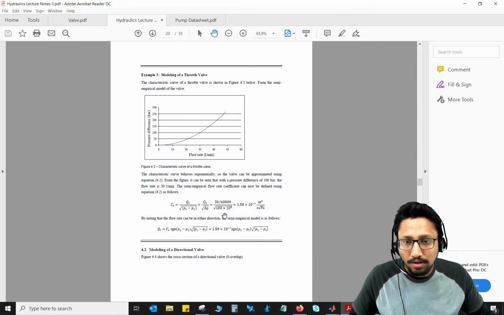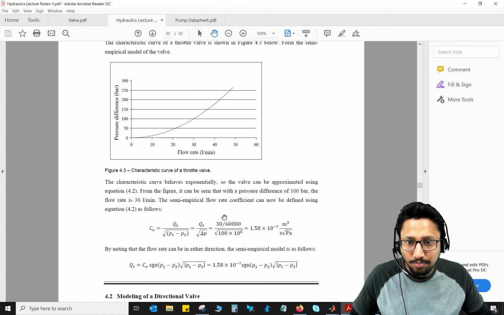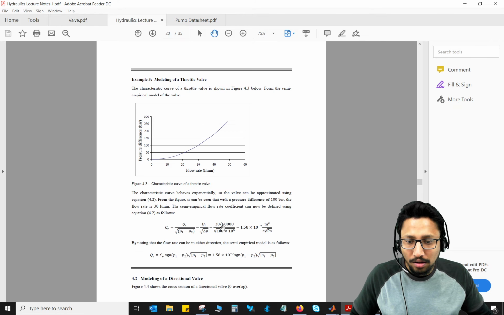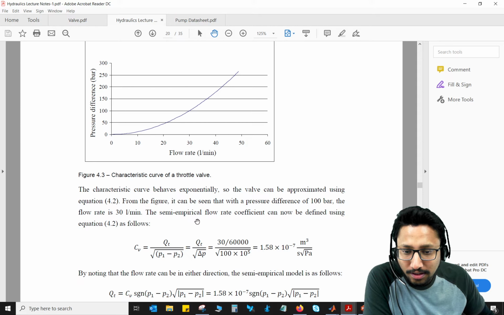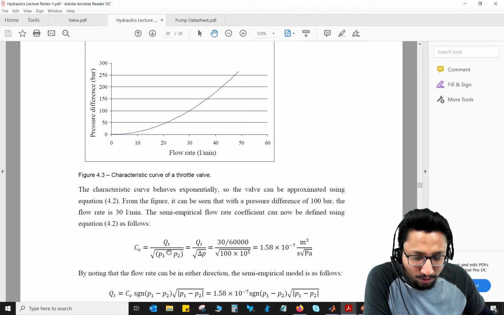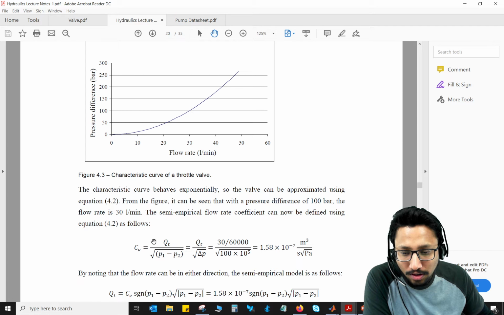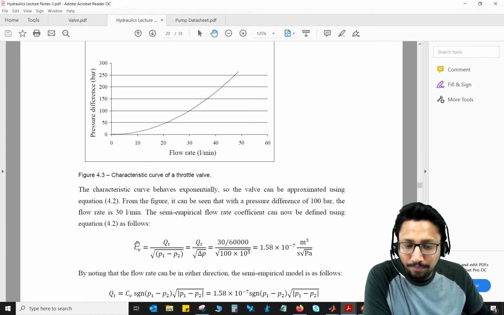If you see carefully in this particular example, they have calculated the semi-empirical flow rate coefficient. From your equation, they have not considered u. So avoid u for the moment, and based on the nominal flow rate and the associated pressure difference, you can calculate CV, correct?